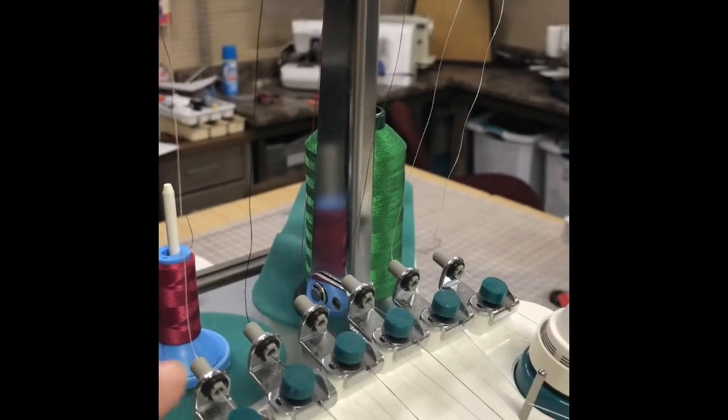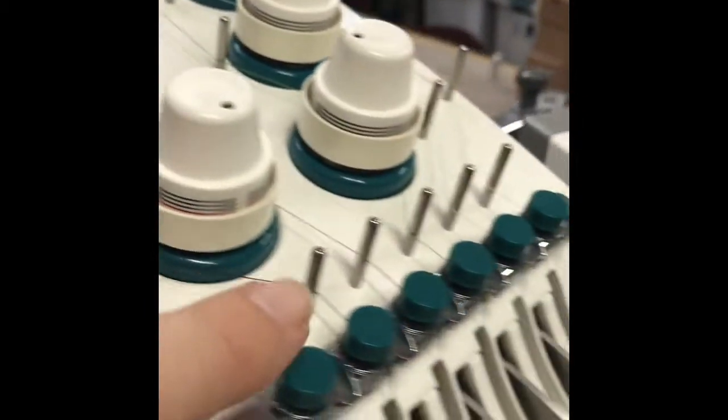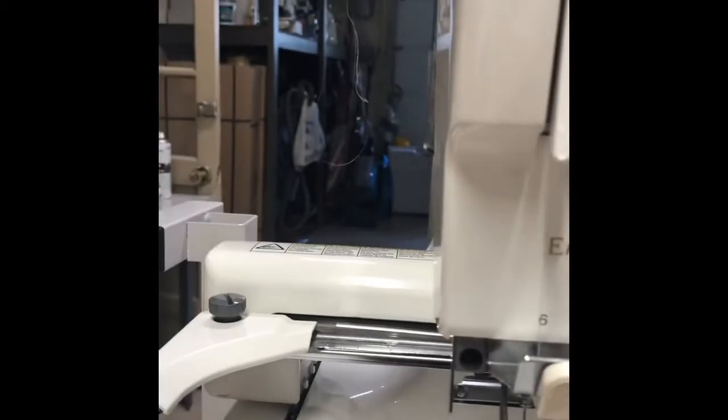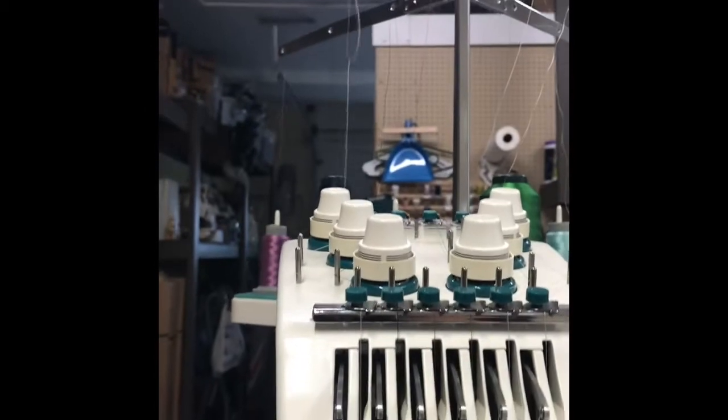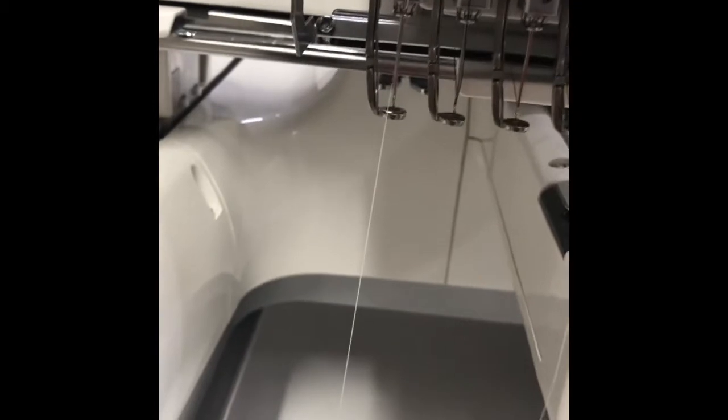I'm gonna come back around here. If you follow that, it goes from here to here to here, down to this guide, through that little tube, under this clip, completely around your tension, follows the thread guides down, comes down, under this, goes back up to your take-up arm, and then back down through this hole. Well, once those are threaded, you can just grab the tail above the eye and pull that thread through. You can see that knot going up over there. And that knot is going to come through all of those things we just talked about until you get all the way down to here. Once you see the knot come through,